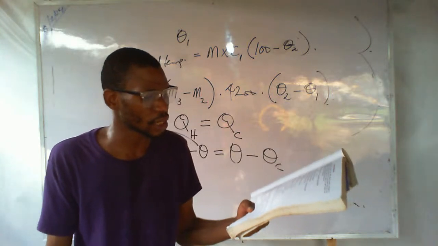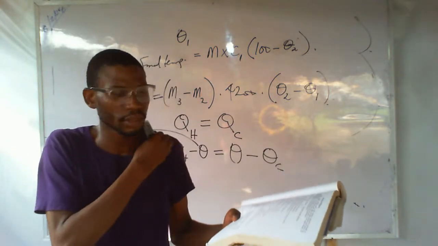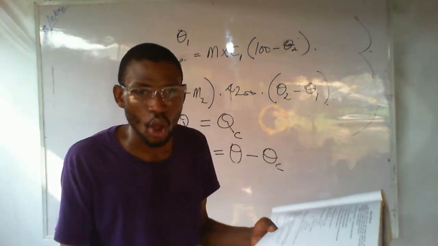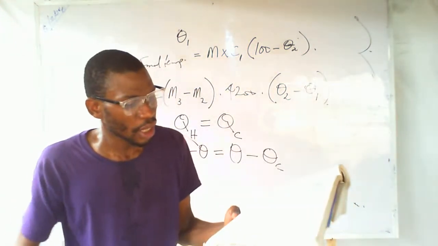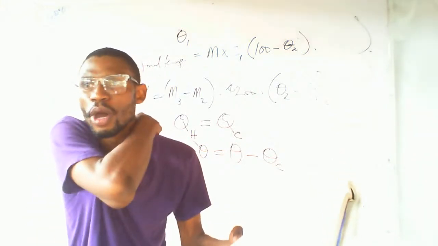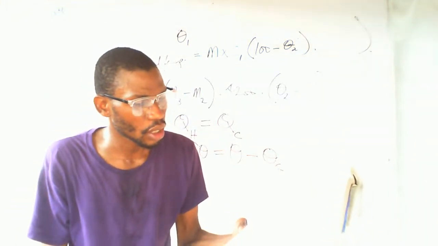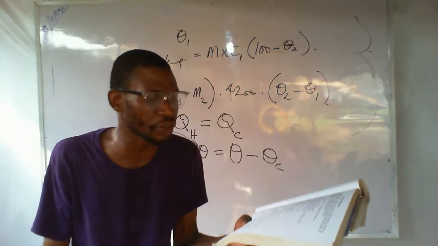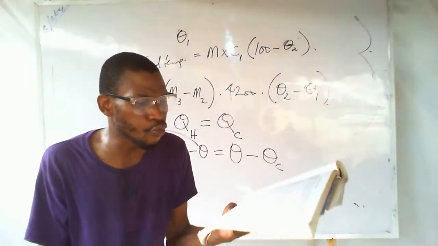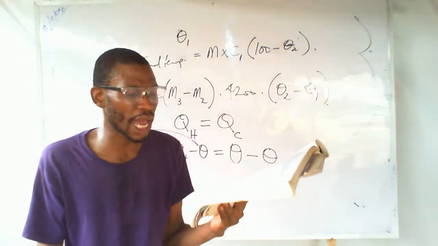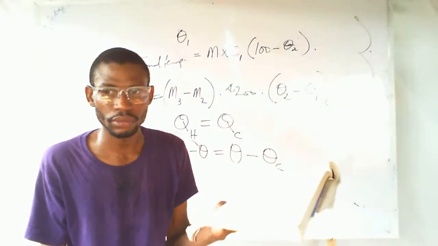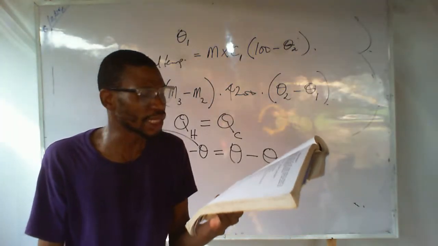Calculate the final or equilibrium temperature of the mixture of 250 gram of water at 65 degrees Celsius is added